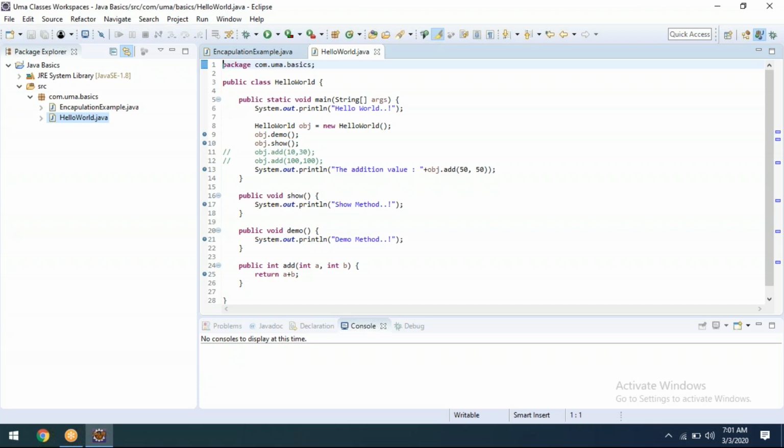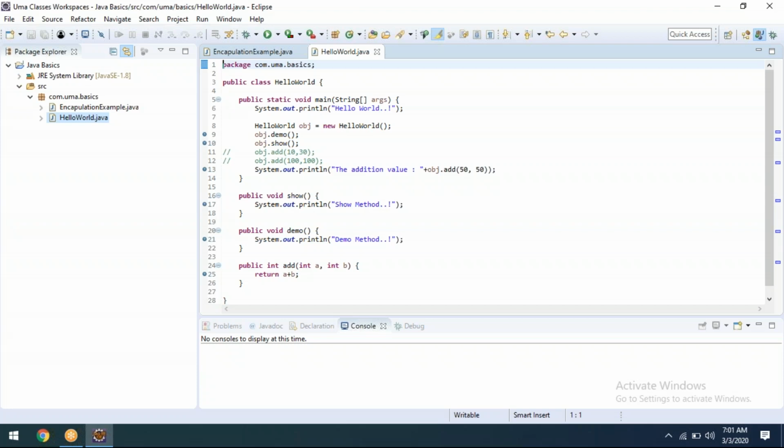Now, what do you mean by getting the properties from one class to another? What are the properties of a class? In the sense, only two things are taken: one is variables and another one is methods. The third one is constructor. We'll cover that in some time. Constructors I will explain clearly before telling abstraction.